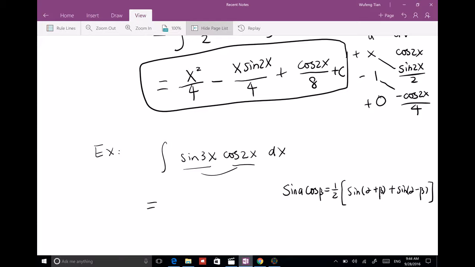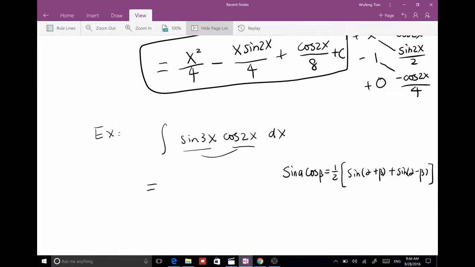This is trigonometry you should have learned, this formula. Sine cosine is sine plus sine. Cosine sine is sine minus sine. So I'll just write everything here. Cosine alpha sine beta, cosine sine, equals half of... cosine and sine is the same thing, right? Sine cosine can switch, it's cosine sine. Okay, sine cosine is that, and then we have sine sine, where sine alpha sine beta